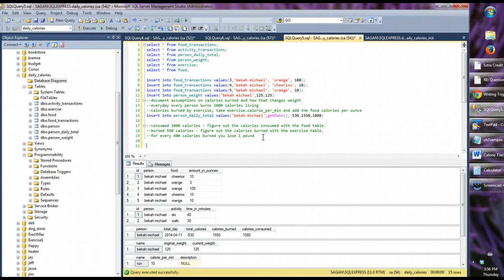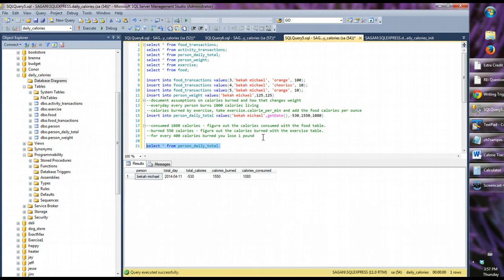I don't have enough information in here for the monthly reporting, but let's say that I want to select star from the person daily total table. Okay, so let's say we have a lot. So I'm going to do it by person, where person equals Michael. And